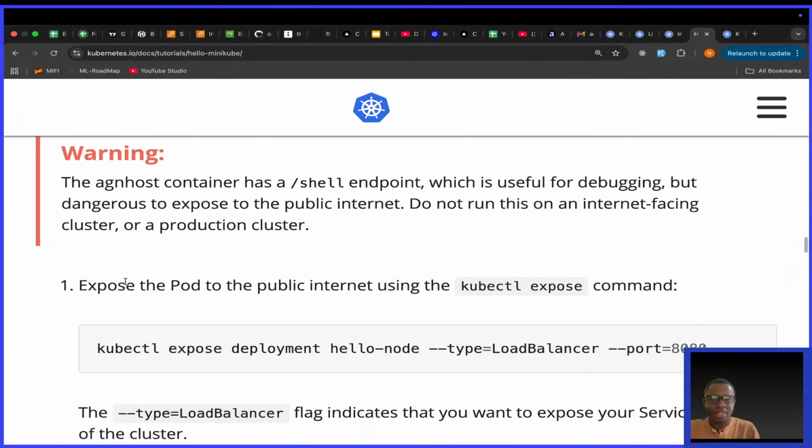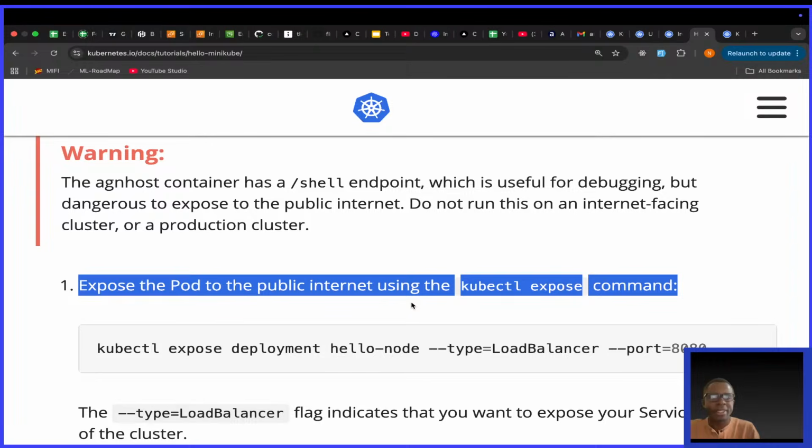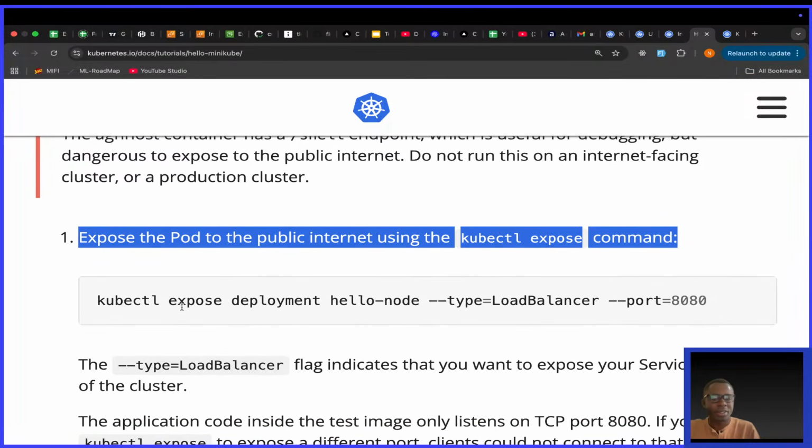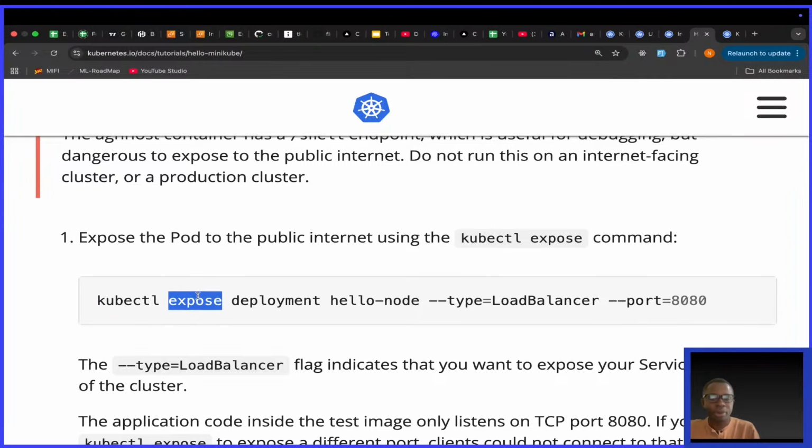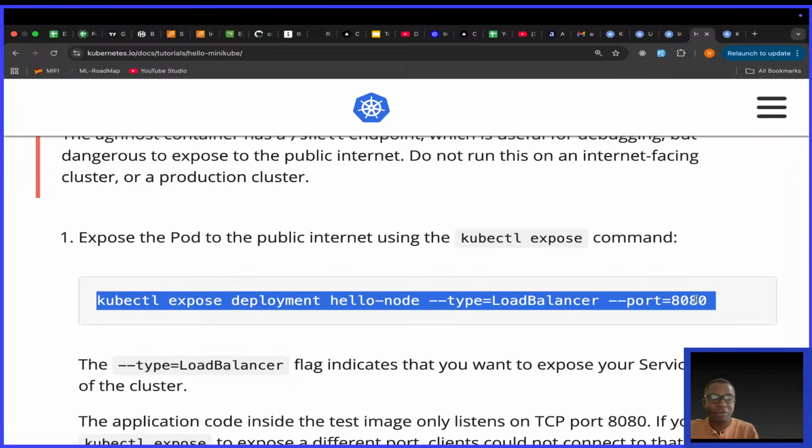They're saying expose the pod to the public internet using the kubectl expose command. kubectl expose deployment. Remember, it's not create. kubectl is the command, expose is the keyword, deployment is the keyword, and hello-node is the name of the deployment. Then they're saying the type is LoadBalancer and the port is 8080. So the goal again, my friends, is to understand. The goal is not to cram. I'll copy this,